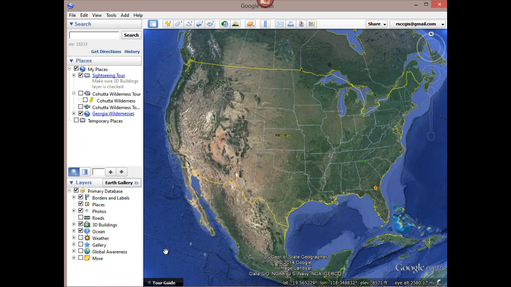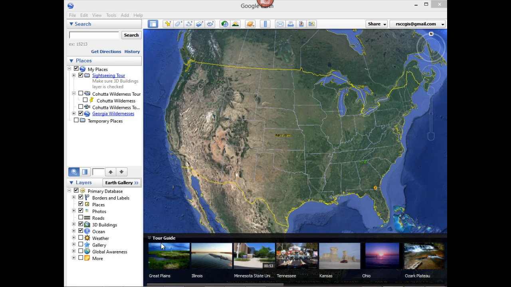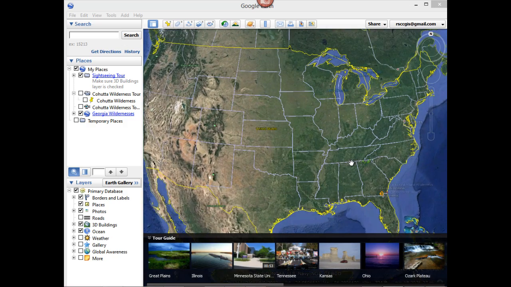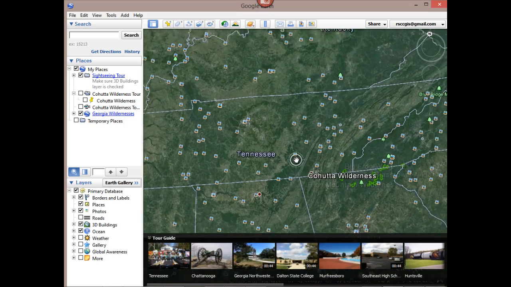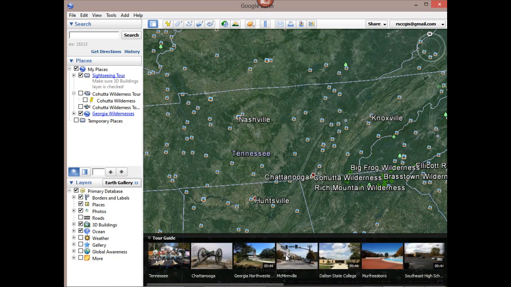Also, there's a thing called Tour Guide here. If I click on Tour Guide, it shows me different places that exist within the view. It's sort of live links to the view. I'm looking at the U.S., so it's showing me different places that people have captured, whether it's pictures or videos or whatever, for different locations around the U.S. By live link, what I mean is it will change. If I click or zoom into the Tennessee area, it's going to show me places in Tennessee